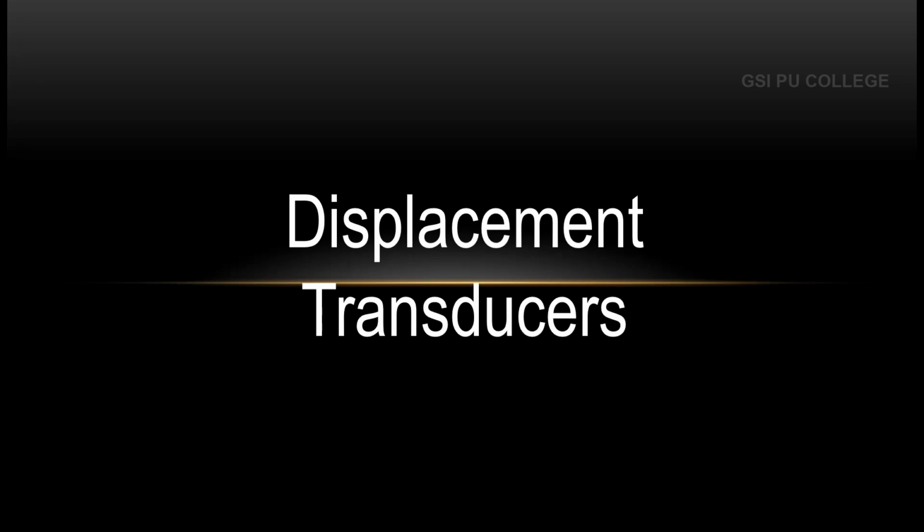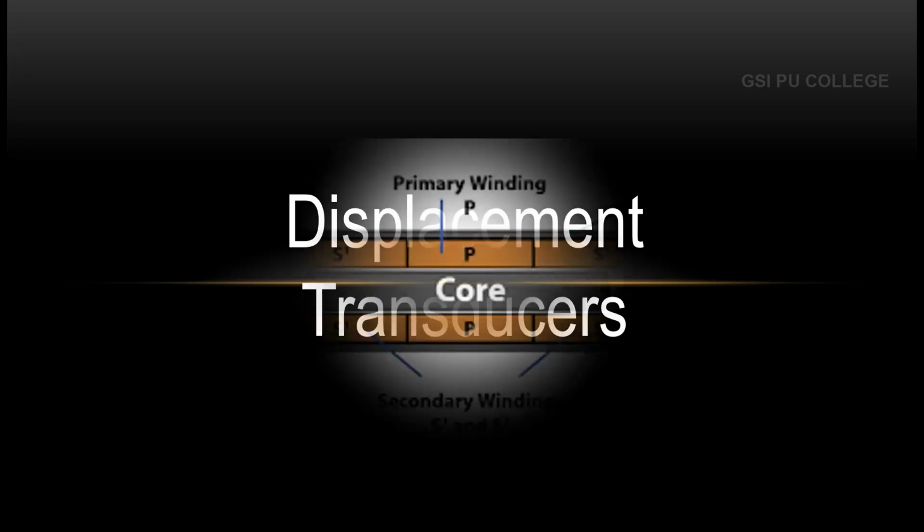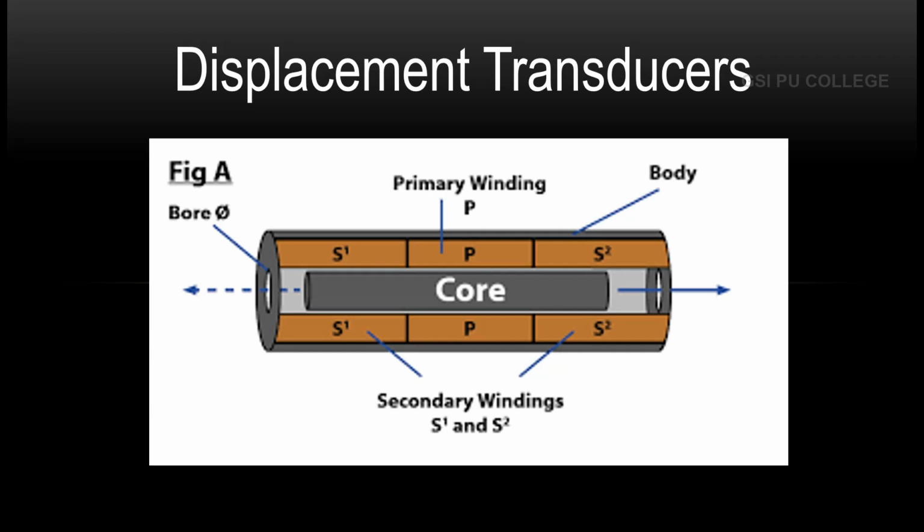This is another type of transducer. It is an electromechanical device used to convert mechanical motion or vibrations, specifically rectilinear motions, into a variable electrical current, voltage or electrical signals and vice versa. So LVDT is an example of the displacement transducer. LVDT stands for linear variable displacement transducer.